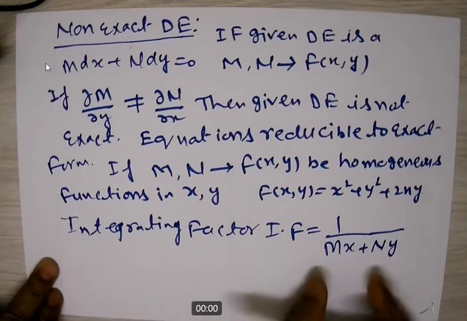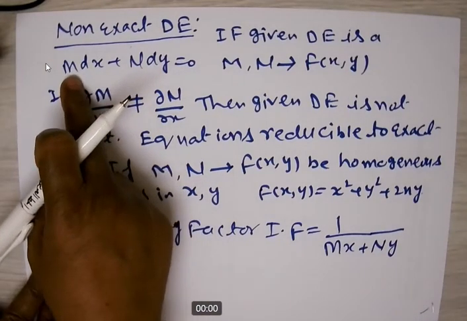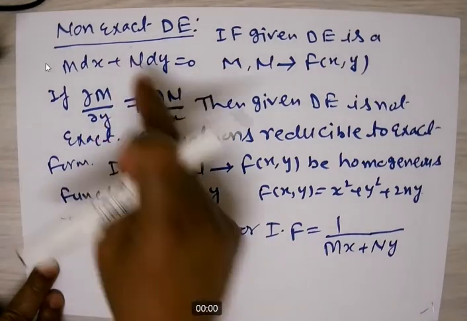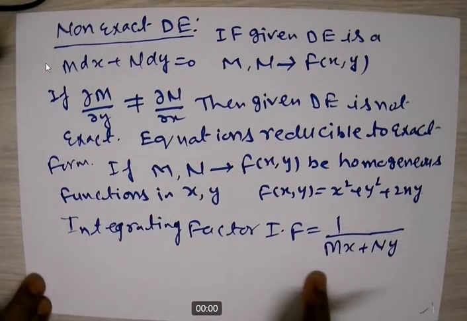Just multiply M with x and N with y, add them, simplify it, and then